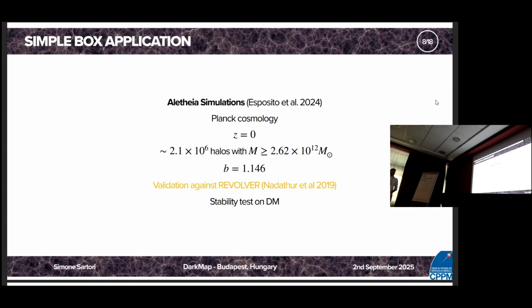We validated the code with some tests on boxes and in a light cone, DESI-like. Let's start from the box. We used the Aletheia simulation from the group of Ariel Sanchez. We used both the halo sample at redshift 0 and the DarkMap sample of the box. And we validated it against REVOLVER, which is a well-known and widely used, even by me, void finder, a geometrical